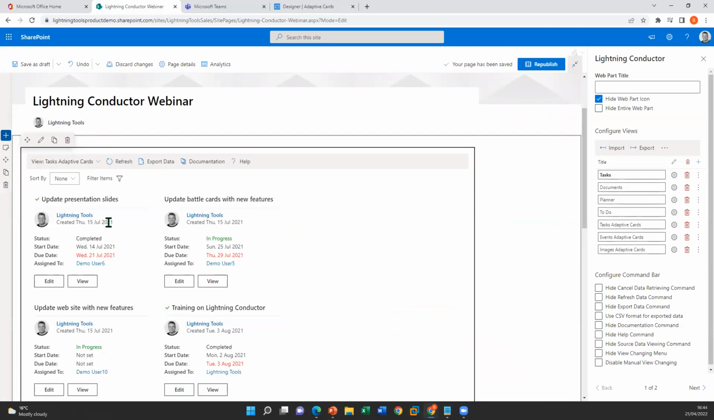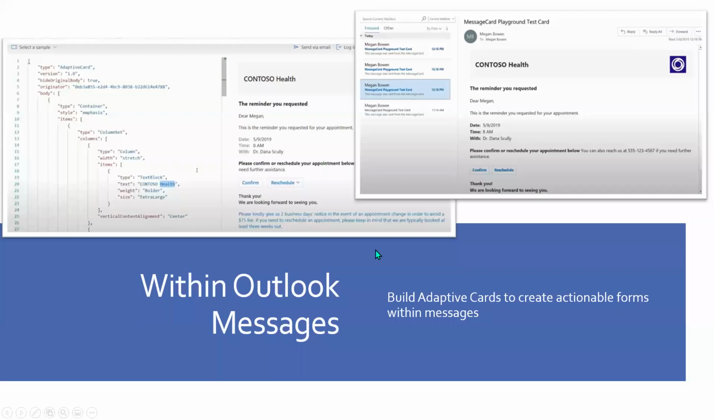Let's just jump into that adaptive card again. So that's our view there. And we'll step back into the PowerPoint for a moment. So here's just an example of an adaptive card being used inside of Outlook. So nothing to do with the Lightning Conductor, but just to give some sort of context as to what we're creating here. Messages such as this one here is coming from Contoso Health, and